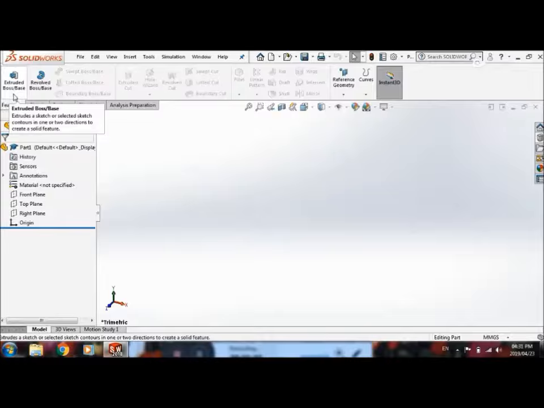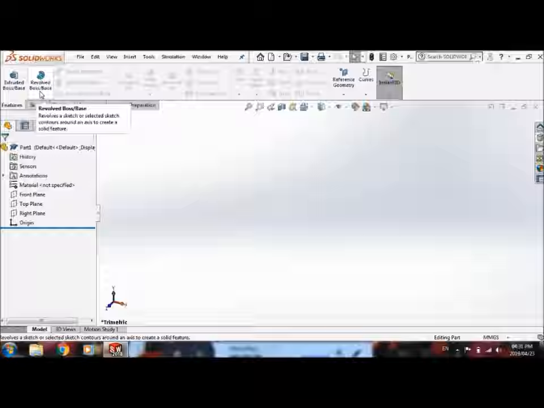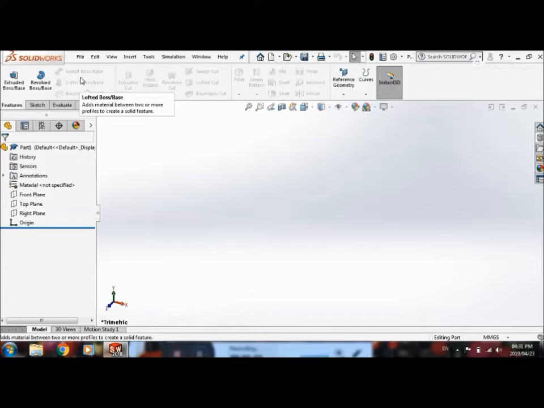Then I showed you how to do a 2D sketch and an axis of revolution, which was our revolved boss or base. Then we looked at sweep, which is a 2D sketch and some other profile to follow. And after that, we looked at the lofted boss or base, which is basically just filling up the material between